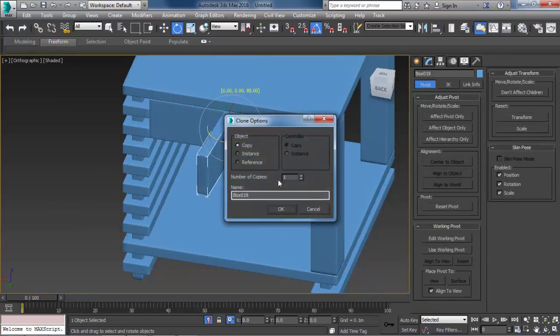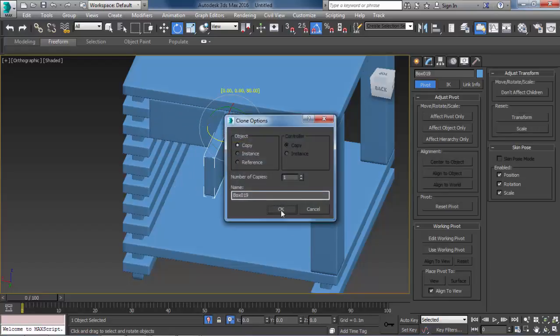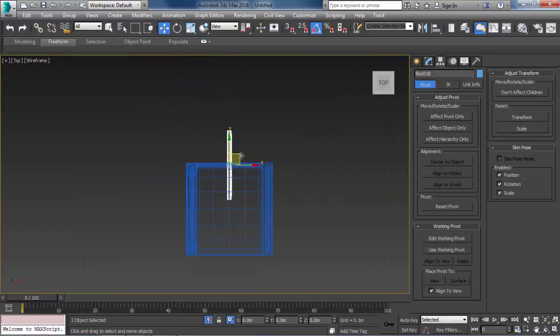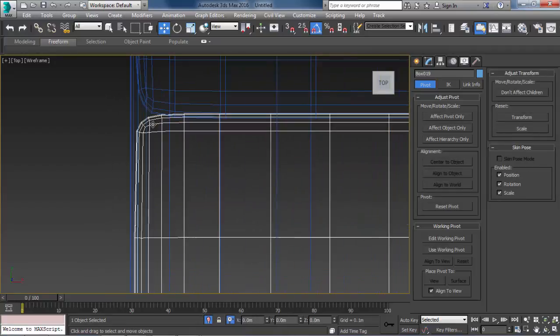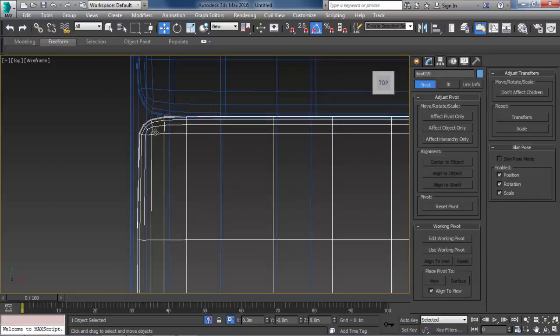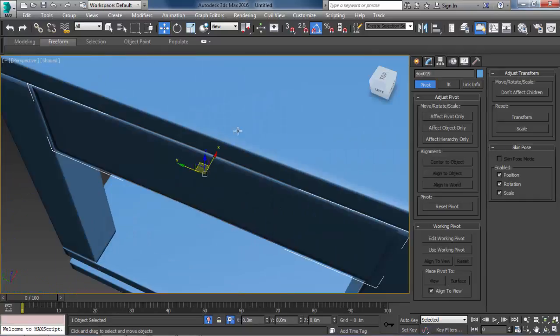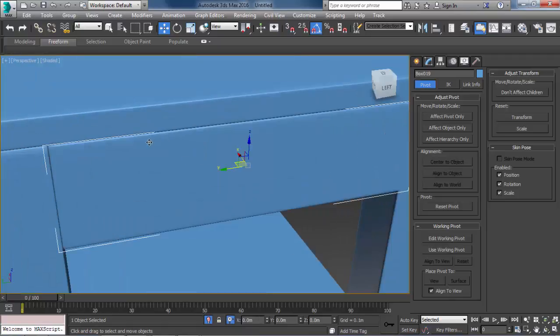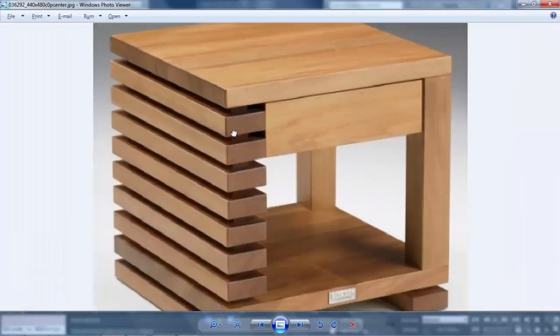Create a copy of it. Great. So now we have the model of the nightstand, and now it's texture.